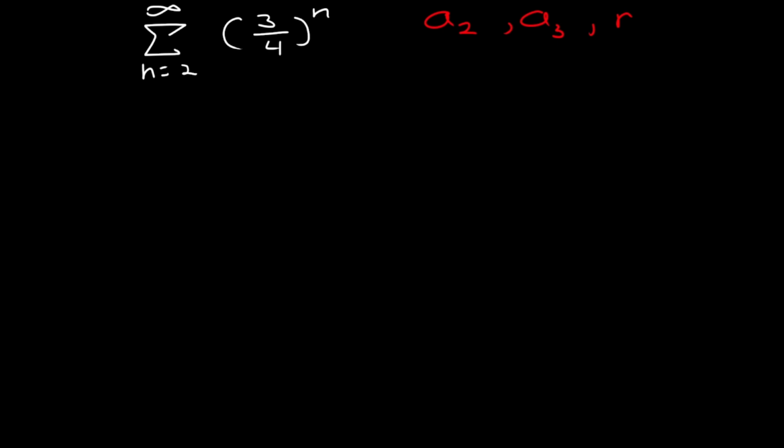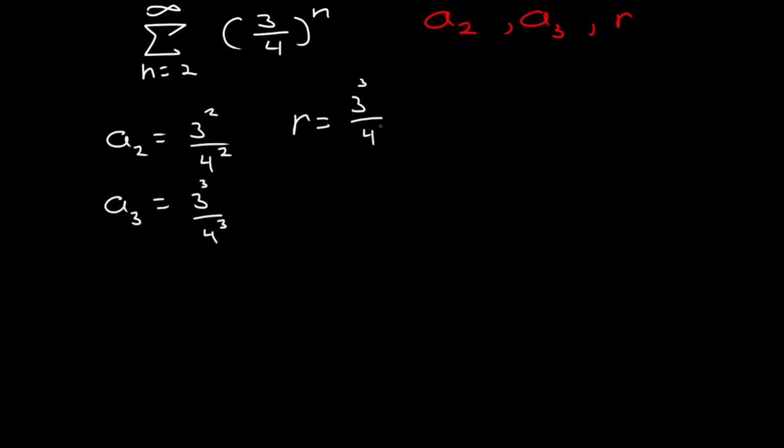We need to also look for our r. So let's look for our a sub 2, which is going to be 3 squared divided by 4 squared. Now, I'm not going to multiply these out to save some time. A sub 3 is equal to 3 cubed divided by 4 cubed. Now we can plug this into r. We'll use the second term, which is a sub 3, 3 cubed divided by 4 cubed